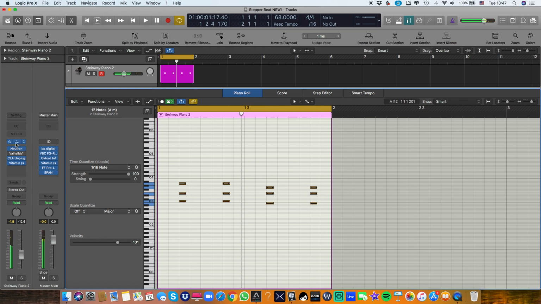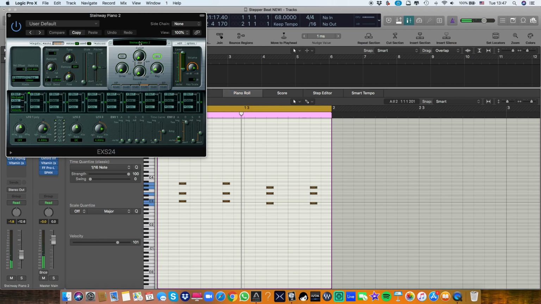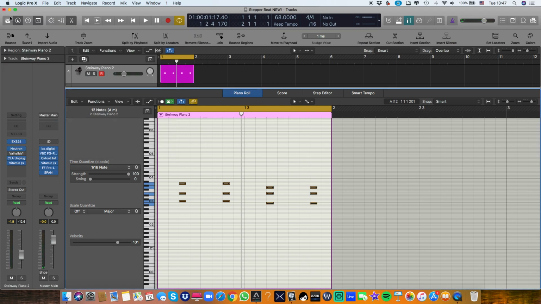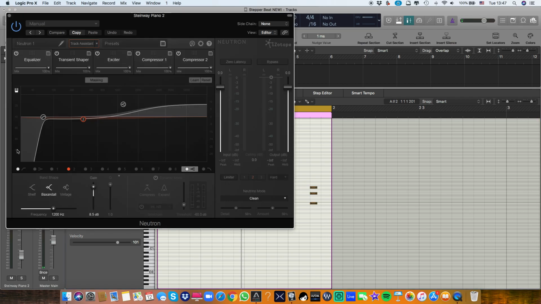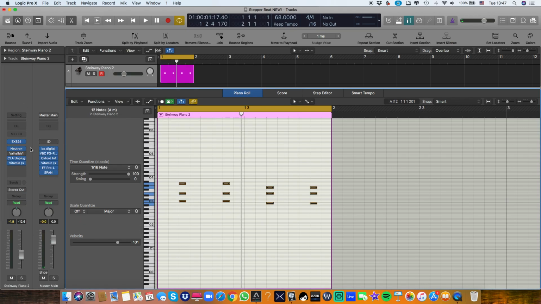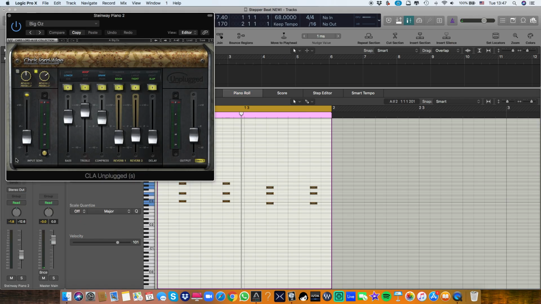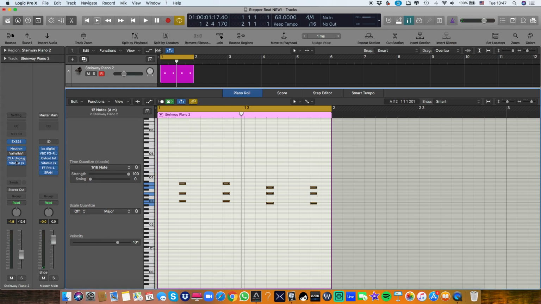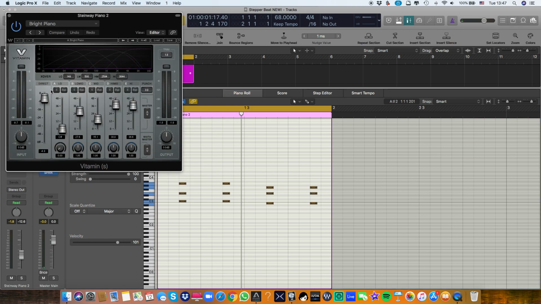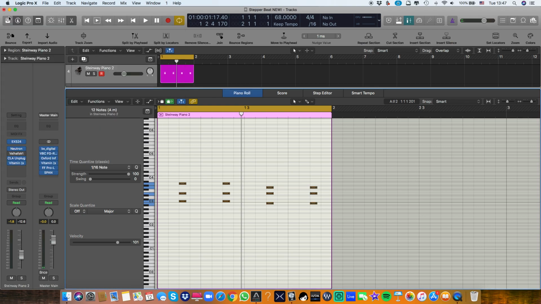Now for this I'm using EXS24, Steinway Piano 2, some EQ and compression. I'm using this one, but you know I'm boosting the highs a lot. And this one, CLA Unplugged, it's a nice one. I put 2 reverbs and a slap delay. And there is some Vitamin to add more stereo. Bring the stereo a little bit wider. So